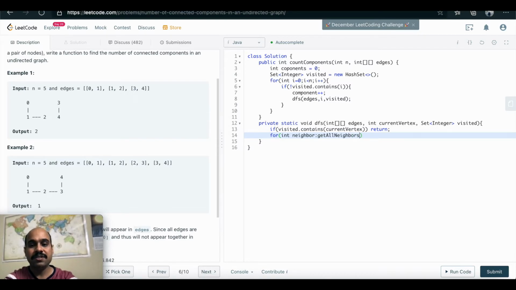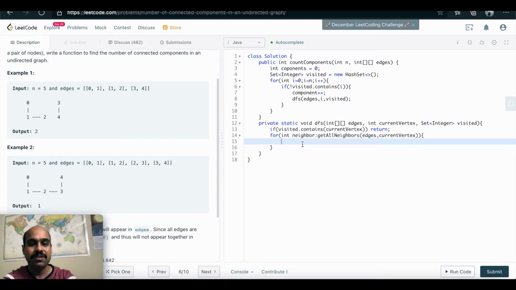I will spell it correctly, and we will pass edges and current vertex. Okay, so we'll find them. Once that is done, we'll loop through the neighbors one by one and call the DFS function. Here we don't need to store any DFS list, so I won't do it. Otherwise, if they also ask what the vertices in a connected component are, you can create a list of integer and keep putting in each vertex you visit for a different component.